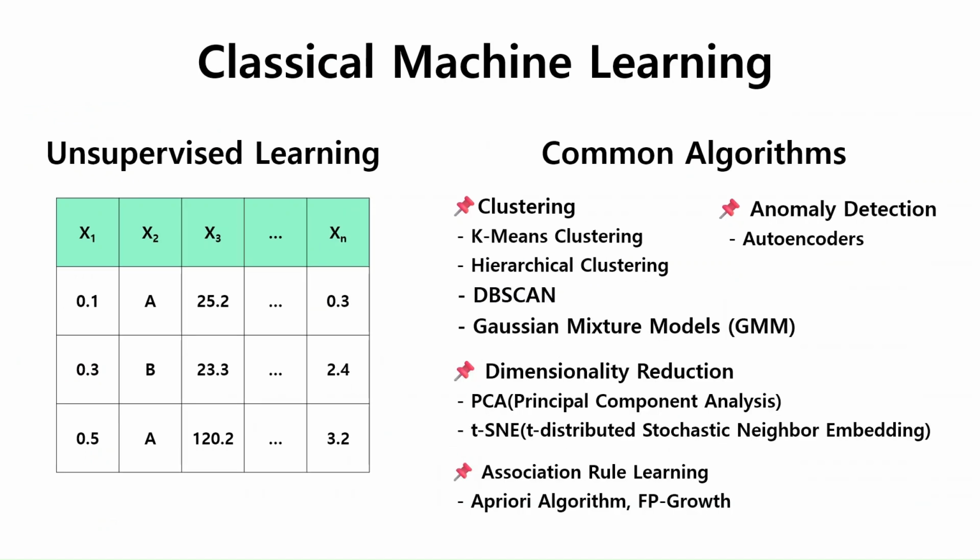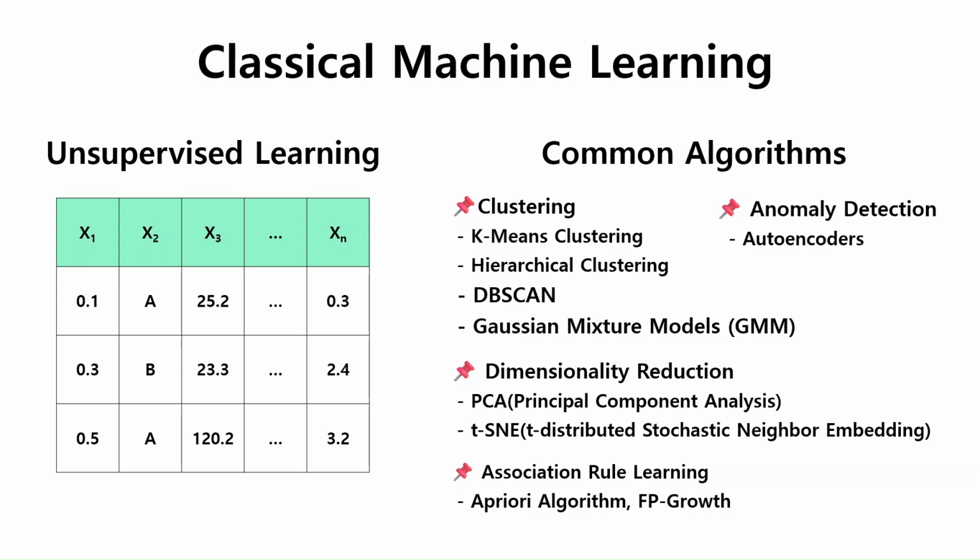Now, let's move on to the second major type of machine learning: unsupervised learning. Here's the most important difference from supervised learning. In unsupervised learning, there is no target variable. There's no Y column, no label or correct answer to learn from. We only have the input features, the X values, and the model's job is to find hidden patterns, groupings, or